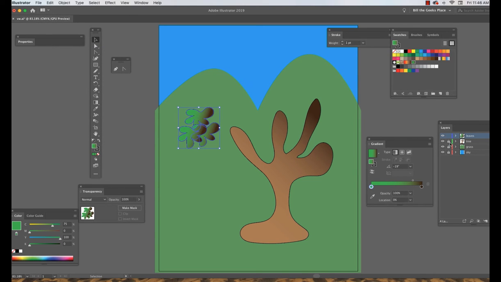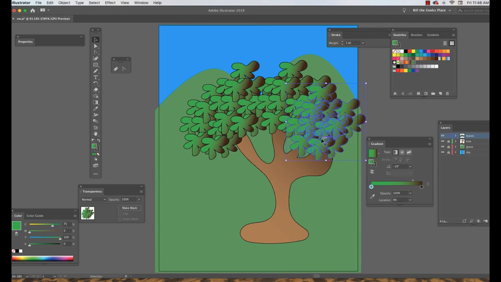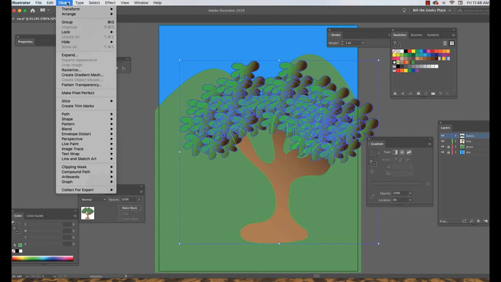I can lock the tree layer. And with these 3 leaves selected, before I do that, let's make a few more of those by Alt dragging, Option dragging, and now I can select all of those and just Alt drag, Option drag, and give my tree some leaves. Now I'm going to unlock the tree layer, make a marquee selection of all of them. That gives me everything, and I'm going to group that by going Object, Group,